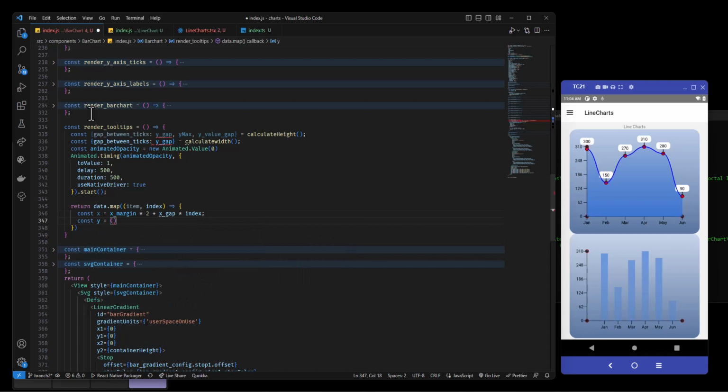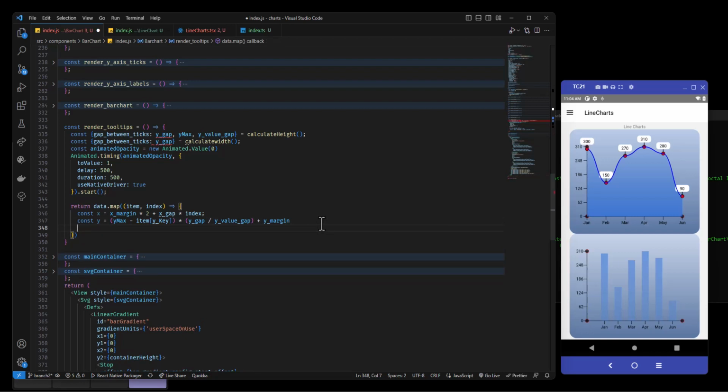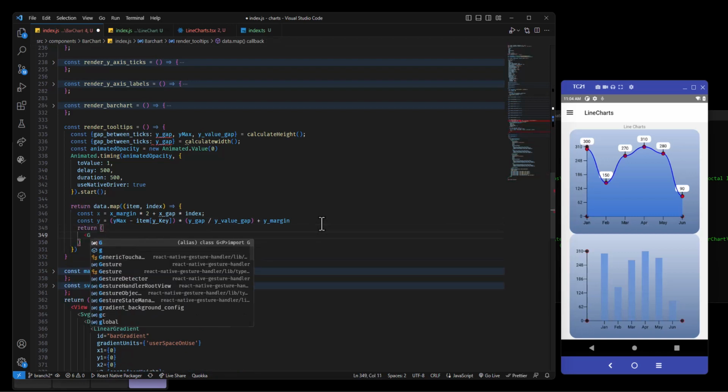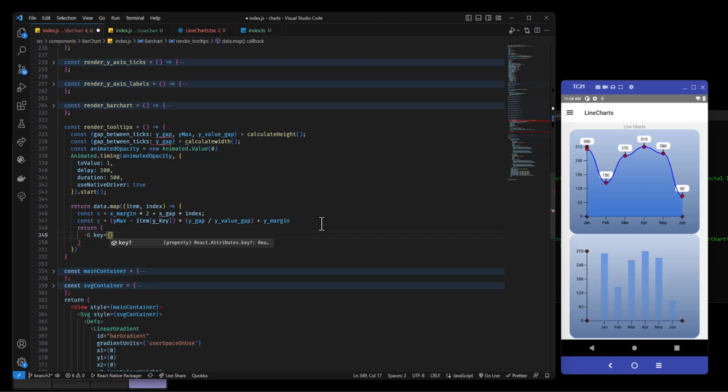Const y is equal to the y max minus the item with the value of the y key, and we multiply that times the y gap divided by the y value gap plus the y margin. And that needs to be subtract. And then we just return a G with the key, tooltip,